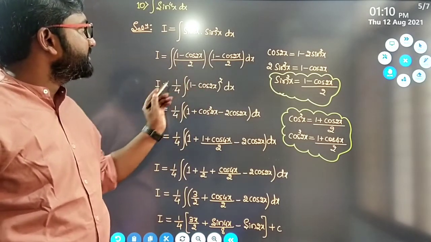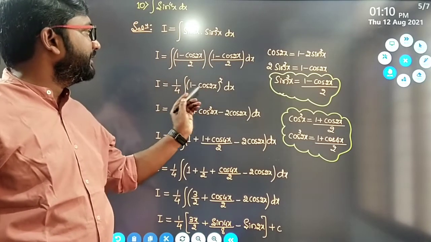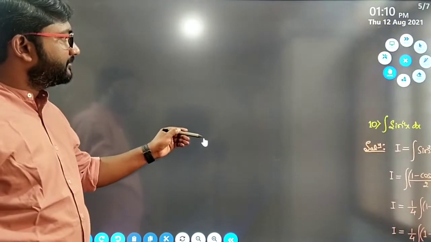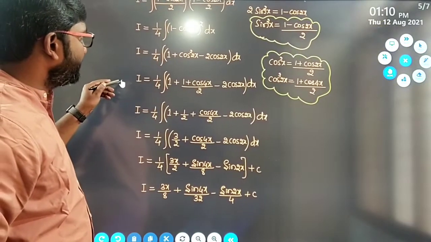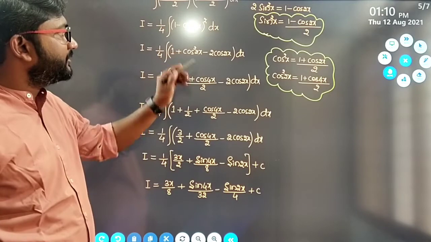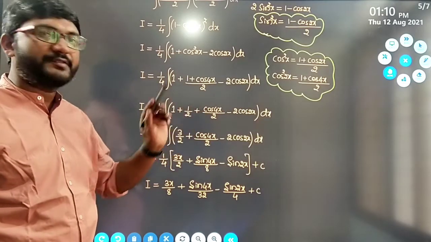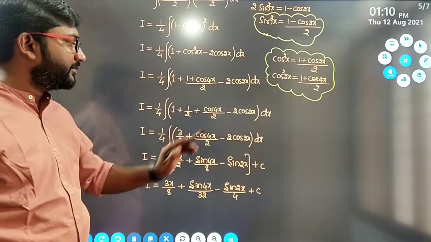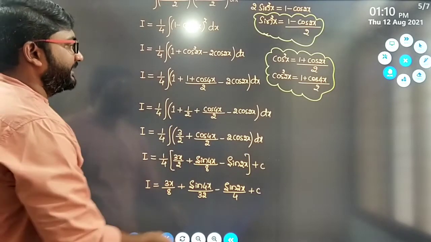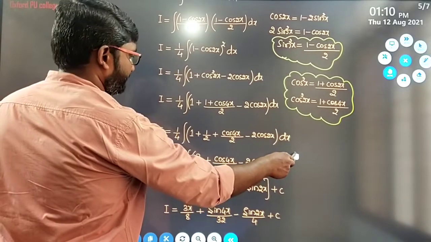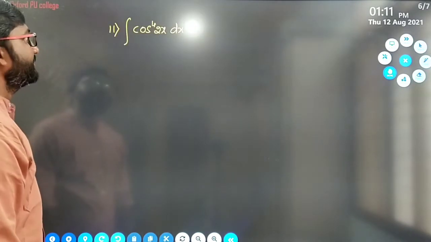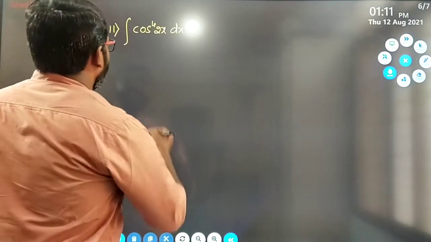Then 2 into 2 it is 4. A minus b into a minus b will be a minus b the whole square. Then we have expanded. Then here we have replaced cos square 2x by 1 plus cos 4x by 2. Then split the numerator into two terms. We get 1 by 2 plus cos 4x by 2. Then it is a normal integration. Well, I will be going for the next one. It is question number 11.